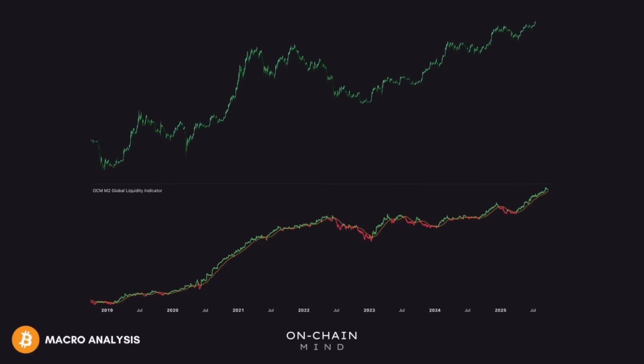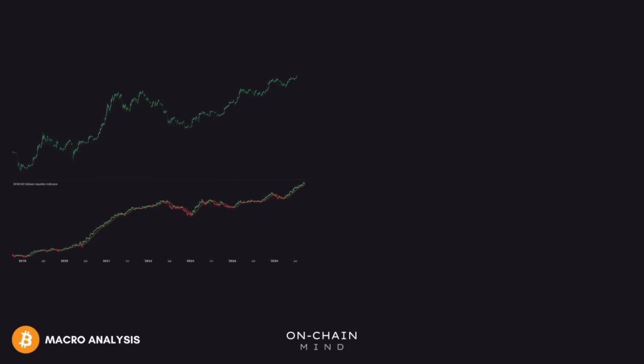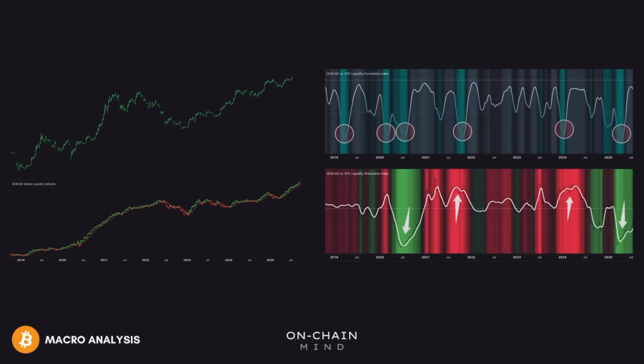Bitcoin's correlation to global liquidity has been one of the biggest themes of this bull market so far. And when you dig into that correlation in detail, it's clear why it's drawn so much attention. So, I set out to build a custom set of metrics to really put this relationship to the test. Not just the surface level stuff you see on Twitter, but something more rigorous and data driven. And I guarantee these results aren't something you've seen anywhere else before. So, let's dive in.